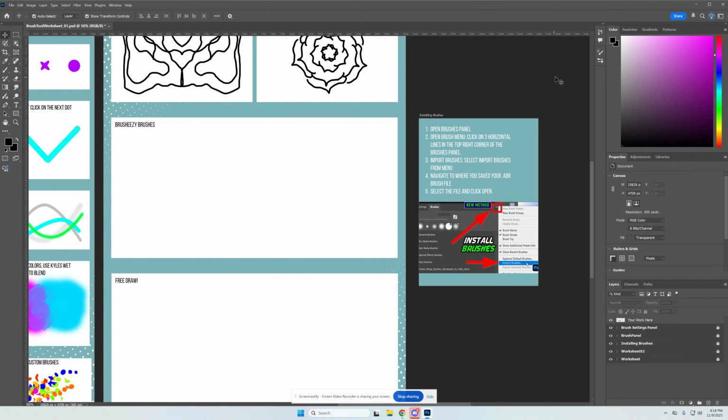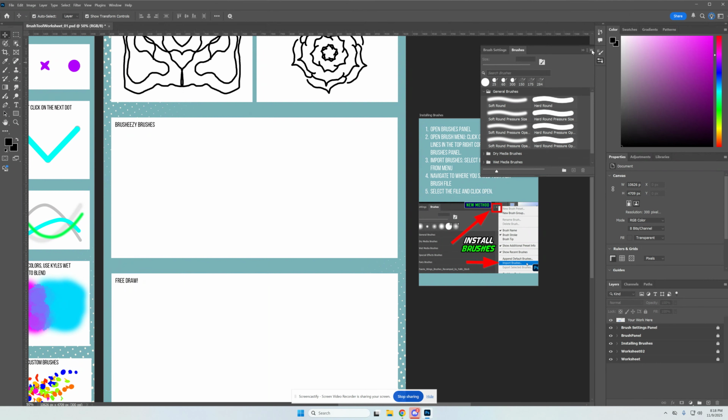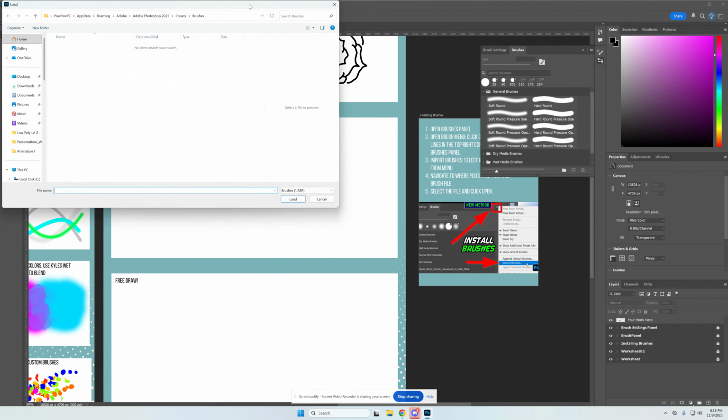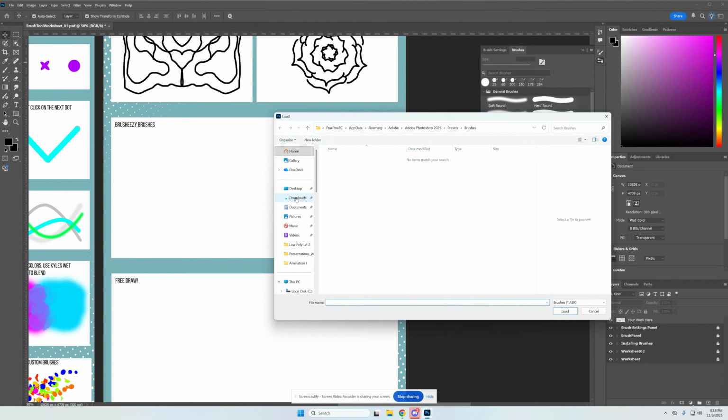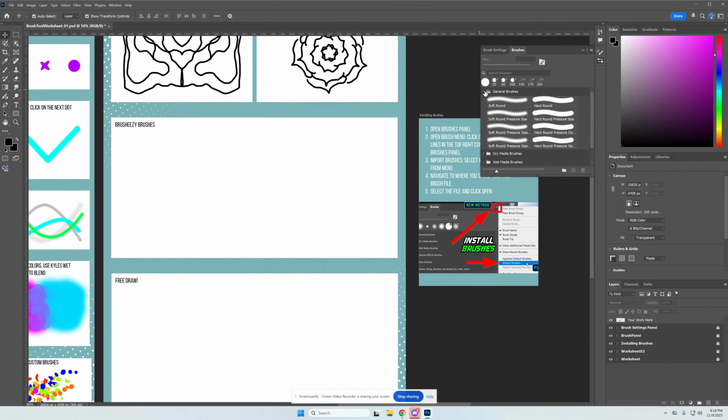an example. So to enable them in a Mac, it's slightly different than a PC. A PC, we just double click on the file and it automatically installs. For Macs, you're going to go to the brushes panel. You're going to click on this menu, so it's the 3 lines up at the top here. And you're looking for import brushes. Pop-up will come up. By default, ours should be in downloads, and you're looking for the ABR file here. And you're going to hit load. Now when we come to our brushes, you should see that